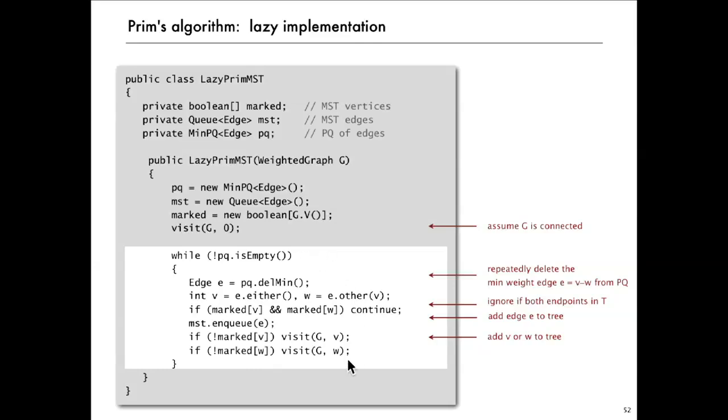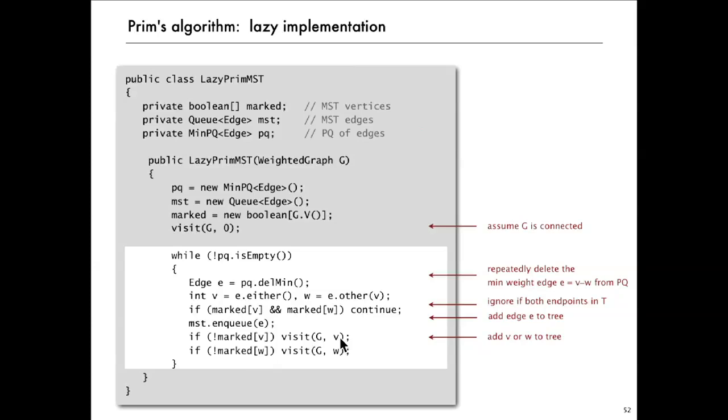So the main loop is while the priority queue is not empty, we pull off the minimum edge from the priority queue. We get its constituent vertices. If they're both marked, then we just ignore it. They're already on the MST. Otherwise, we put the edge on the MST, and whichever vertex was not on the tree, we visit